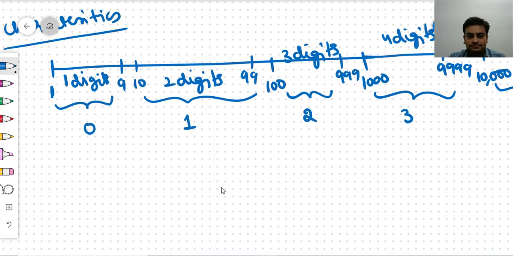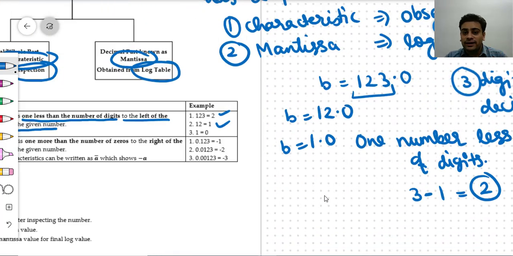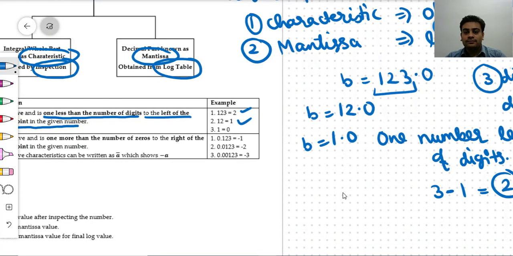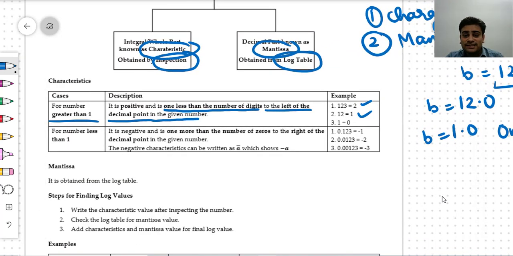Is this clear? Okay. So now we again come back to here. This is the criteria for numbers greater than 1. But what about numbers less than 1? In the case of numbers less than 1, we have seen that the log will be defined from 0 to 1 also. But the numbers between 0 and 1 will be in decimal only, like 0.11, 0.0011, 0.011, 0.000001. So how will we find or observe the characteristic? What will be the criteria?